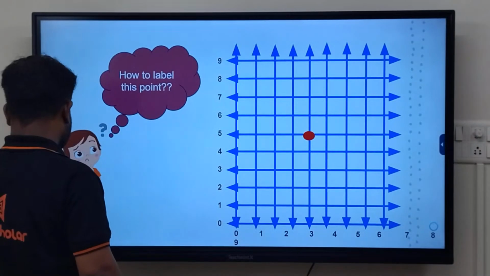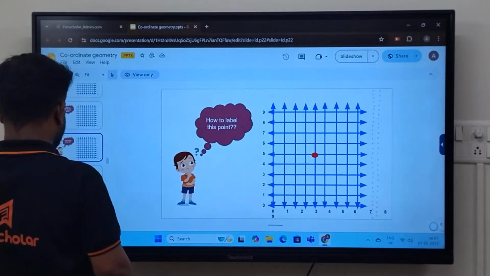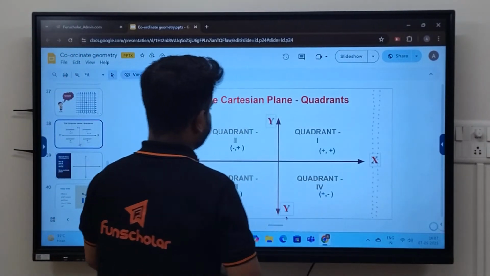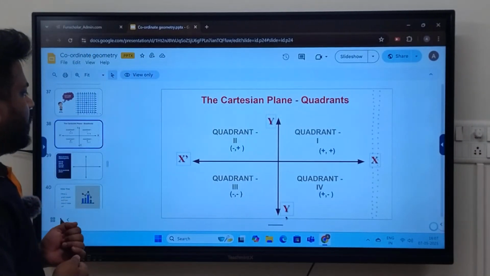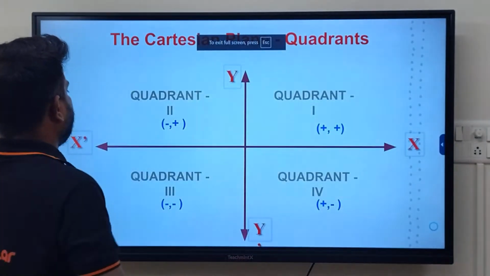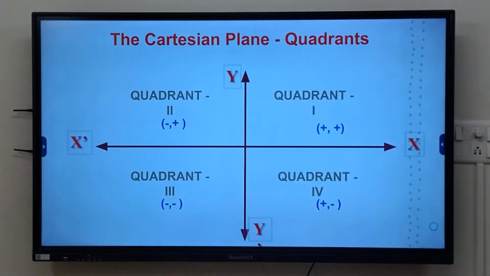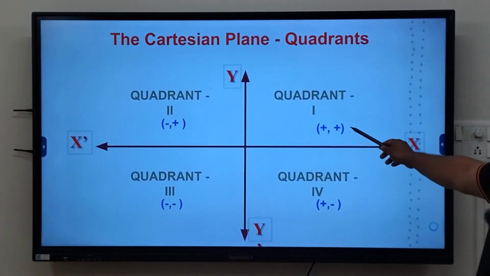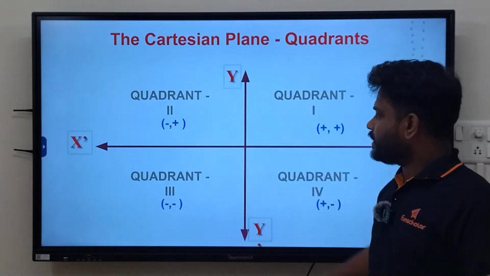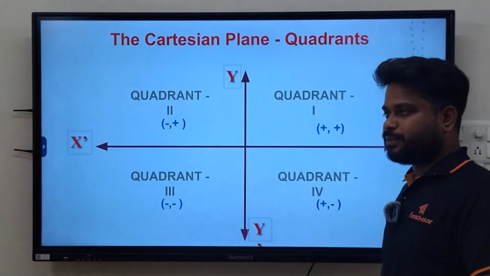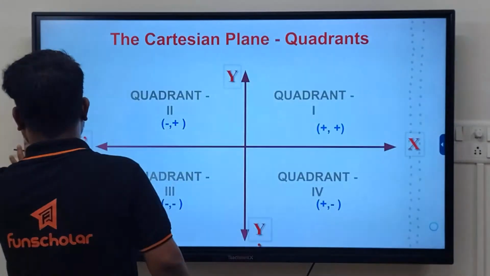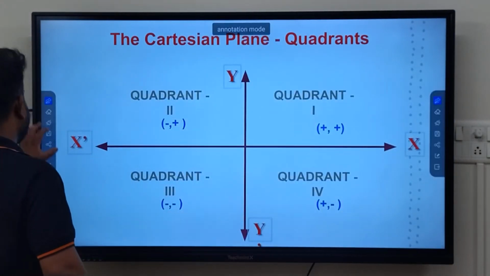Okay, so let's go further. Again, they are telling us how we can remember the quadrants. The first quadrant will be plus, the second quadrant will be minus, the third quadrant is minus, the fourth quadrant will be plus. You can just remember it by